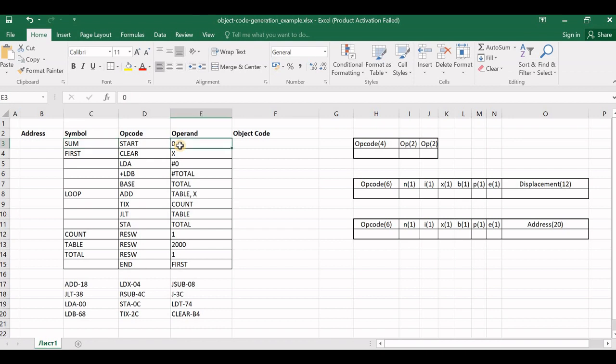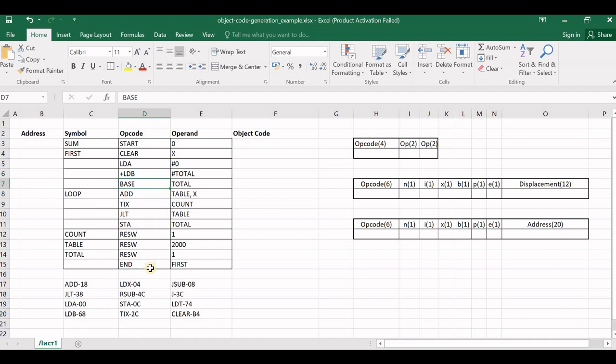The value mentioned on the right hand side of the assembler directive START indicates the starting address from where the program has to start. So that is the meaning of the START assembler directive. Assembler directives are those which direct the assembler and they are not going to get executed. BASE is one such assembler directive which gives the value of the base register. So in this program, in case the displacement of any instruction goes beyond 2047 or -2048, then you'll be using the base value to find out the displacement.